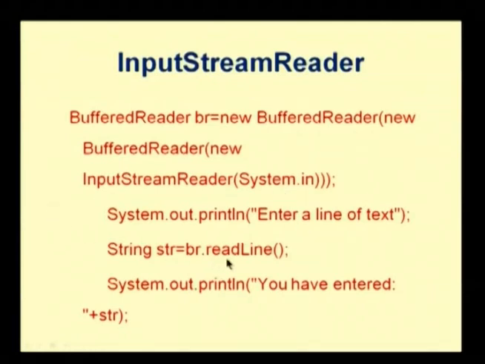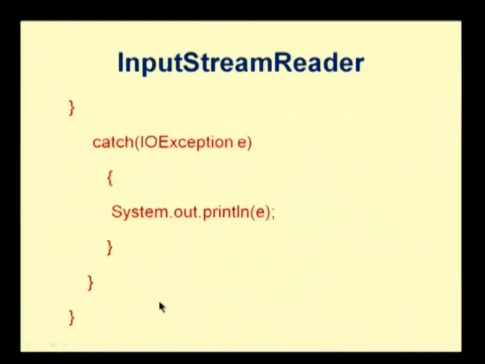Now I have a method called readLine. This reads the entire stream until it finds a newline character. Then it is printed. The readLine method returns a data type of type String. String is again a class, and your class name always starts with uppercase. So I am creating an instance of the String class, reading from this particular BufferedReader. This will return a string and it will be stored in str. Now str will get printed. Here I've caught the IOException.